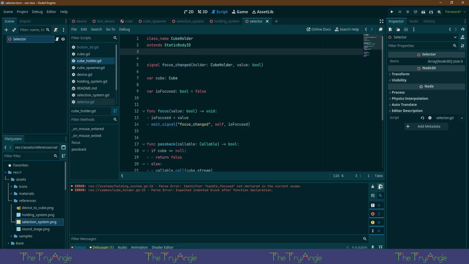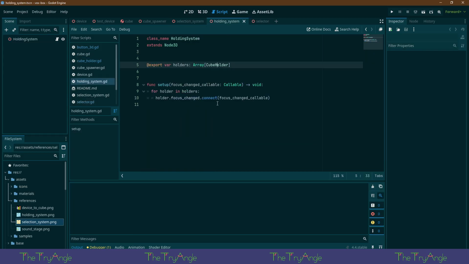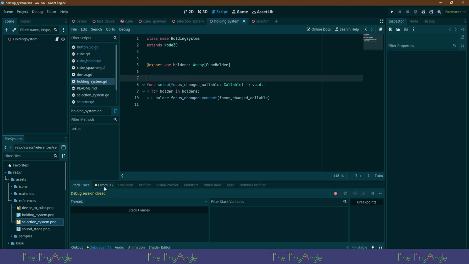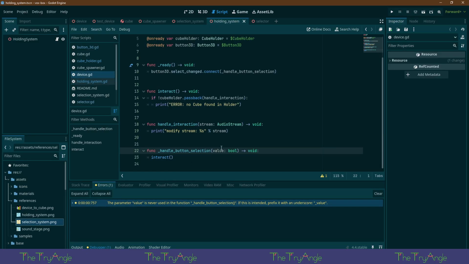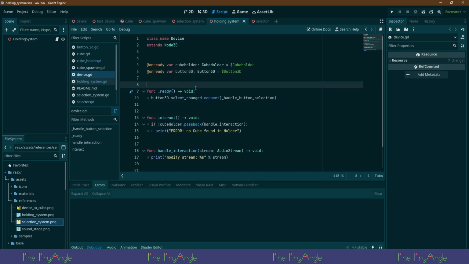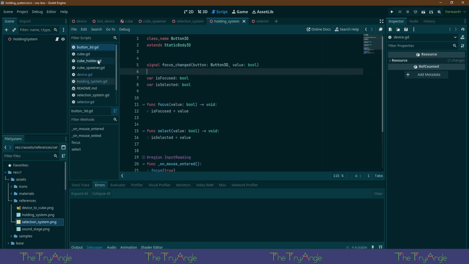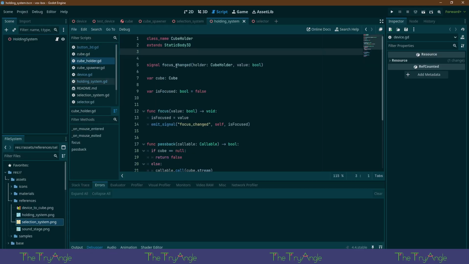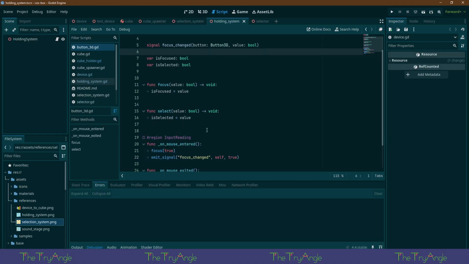So, holding system. What do you mean? Remember, value is never used in this function. Yes, but I don't care. It's because it's an example. All right, so the holder is fine. The button is fine. We're not going to select this, so it doesn't actually need that. But like even this one that has select,